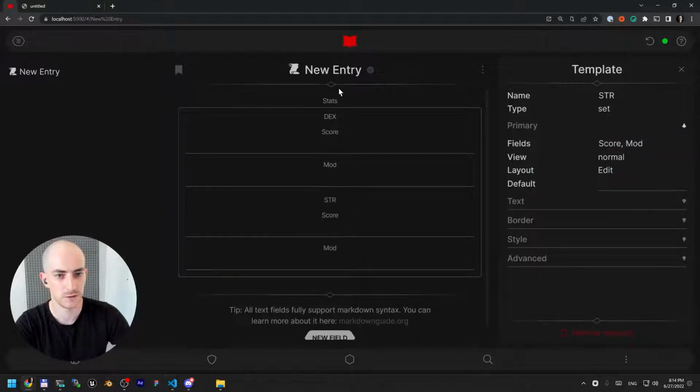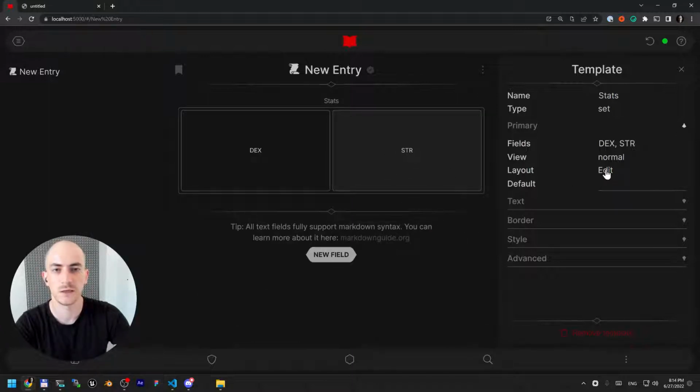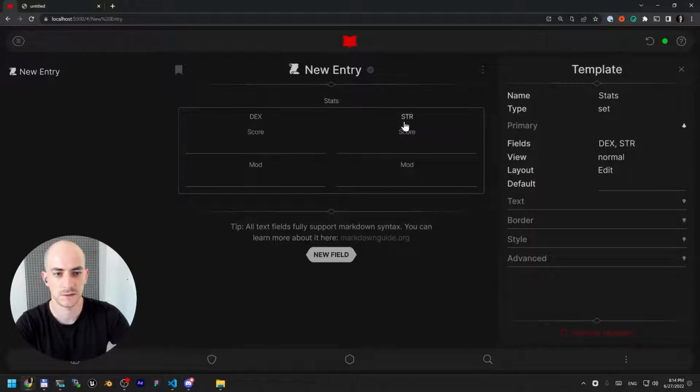So now you can just click on the stats, and here is the layout field, and it has an edit button. You click on the edit button and you will see the layout. By default, the layout is one field below the other, so you can right click this and add a column. You added a column, and you can remove a row. So now this is dex and dex, but we change this by clicking on it and change this to str, and then click edit again, and as you can see, dex is now